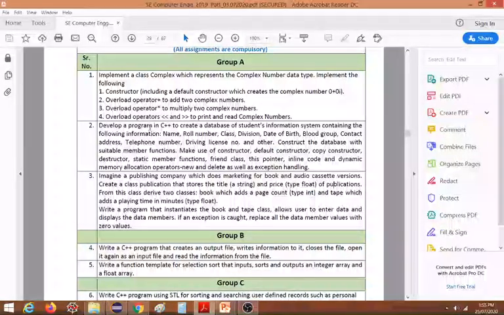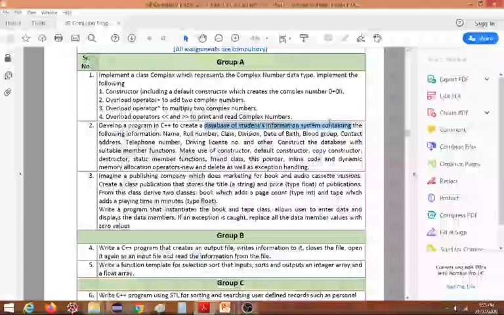Now the second assignment, you can see it is a bit of a long statement. We have to develop a program in C++ to create a database of a student, a student information system.